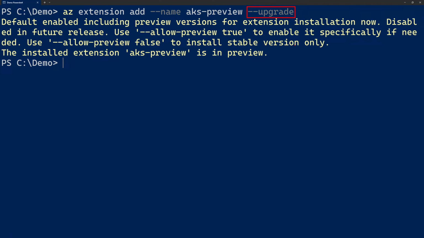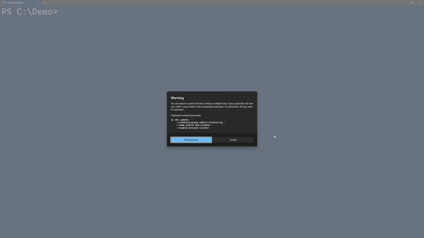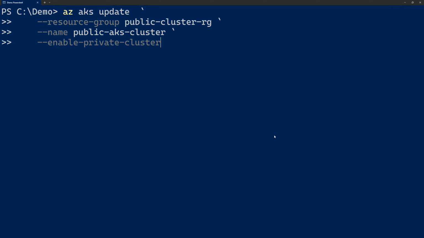So with this in place, we can now do an az aks update. Then we provide the name of the resource group, the name of our cluster, and then we say we want to enable the private cluster. And this is also a feature that's still in preview. And if we run this now,